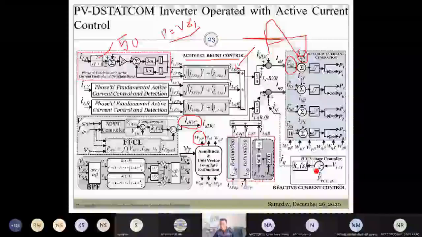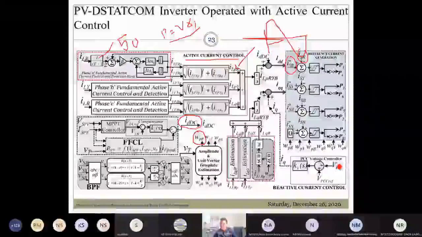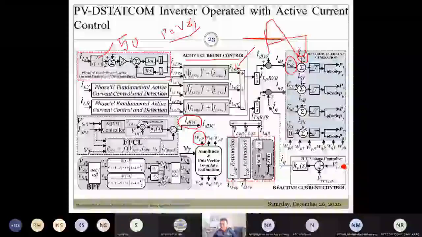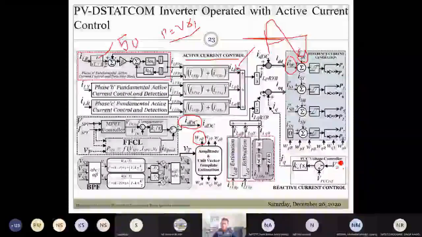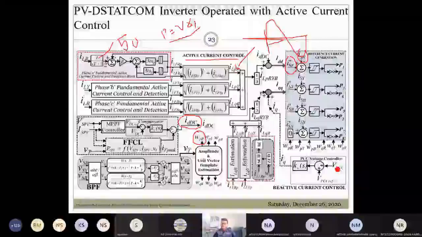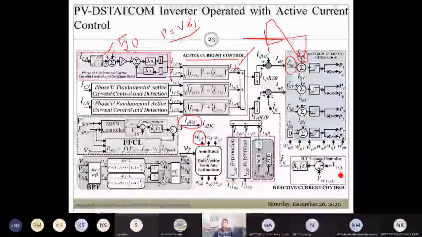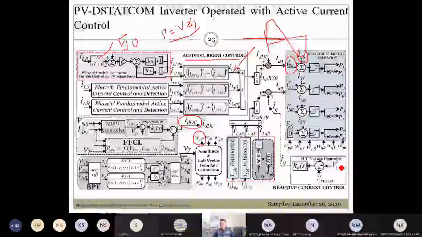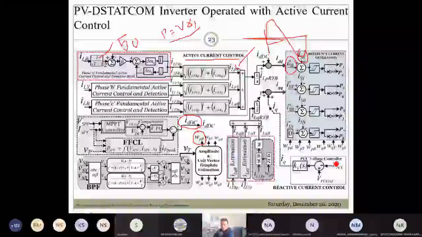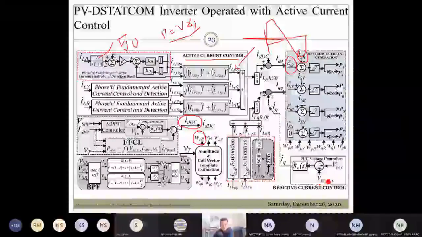Another way is to provide dynamic reactive power compensation. For that, you need to sense the grid voltages or the PCC voltages. Then you need to process these PCC voltages and detect the fundamental positive sequence component of the utility grid voltages. It might be the case that these PCC voltages are contaminated with harmonics, and therefore they cannot be utilized to provide the dynamic reactive power compensation, so it is essential to detect or decompose the fundamental positive sequence components of the utility grid voltages. These grid voltages are subsequently compared with the reference PCC voltages. That could be your 415 volts.